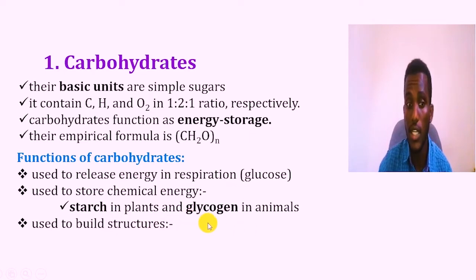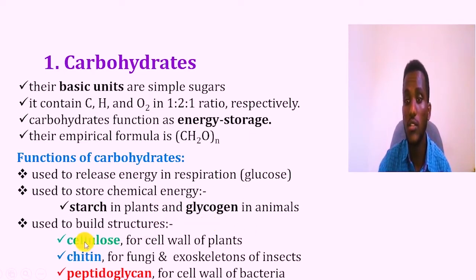For example, if you just take cellulose, which is a polysaccharide or carbohydrate, this is the building block of the cell wall of plants. የፕላንቶች ሴል ወል የተሰራው ከሴሉሎስ ሞሌኪውል ነው ወይም ደግሞ macromolecule ወይም polysaccharide ነው።